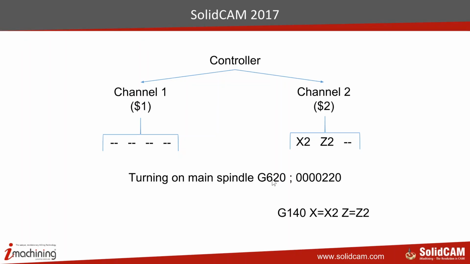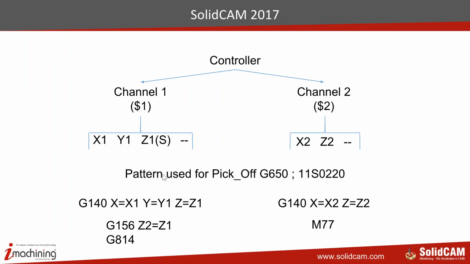The third pattern, G620, I will use only X2 and Z2, turning with the back post tools on the main spindle. All this you find in the programming manual, in the machine books, and based on this information, you open the VMID and start the definition. Then the next pattern is the superimposition pattern,